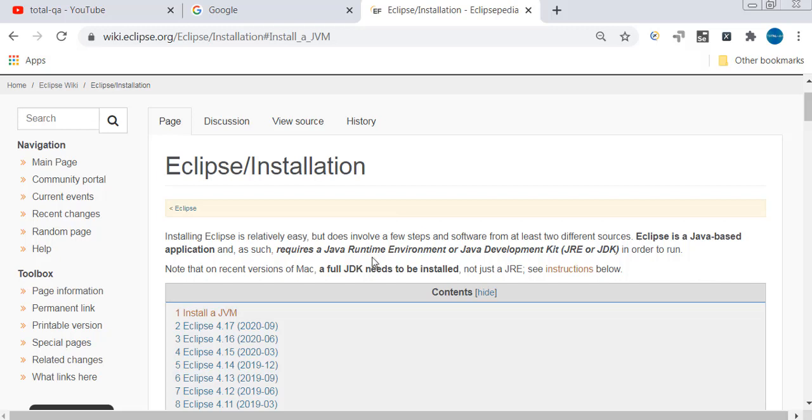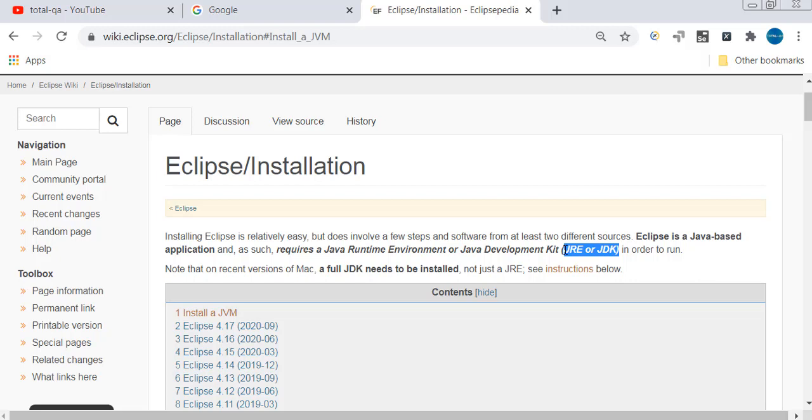We have to install a Java Runtime Environment or Java Development Kit, which includes JRE or JDK. It is a prerequisite.